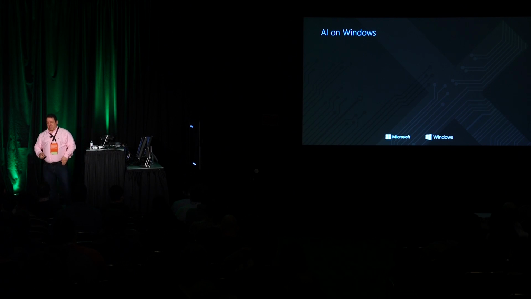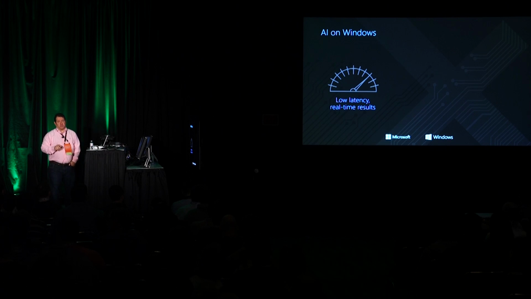So as I mentioned before, my job is to take AI into Windows. And there's a number of driving reasons that we really want to bring AI into the core platform. One is that what we see is really important is that machine learning is important, but it really requires very low latency, real-time results for you to drive the use of the technology in the game. There's a lot of things about computer vision that are very interesting, but if it doesn't keep up with the pace of the game, it really is not useful. So we really are driving hard to make sure that we can make performance one of the core things that we do in the Windows platform itself.